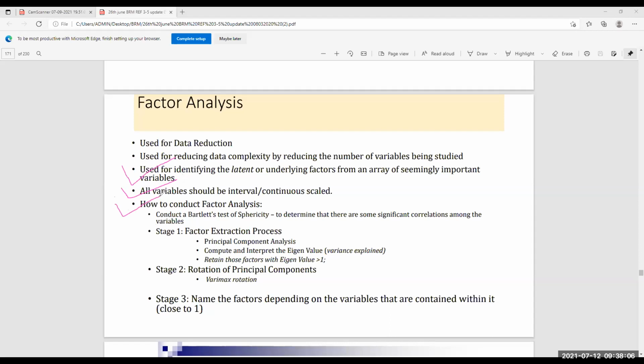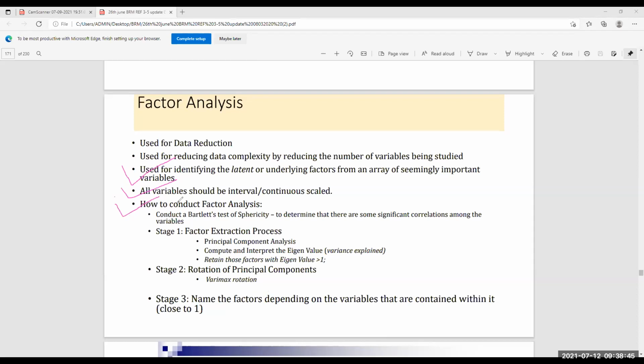How do you conduct factor analysis? The process is given. The main thing again is to interpret the output, right? You're not required to do the analysis by hand. Your understanding should be that you are able to understand what the output is and do the interpretation. That is the more important thing, because statisticians can do the analysis. It's not important for you to get a hang of. It would be important if you could do the calculation, but because you have three or more variables being studied at a time, it's not possible to do a calculation by hand of all the coefficients and scores. So it's better to use a tool.